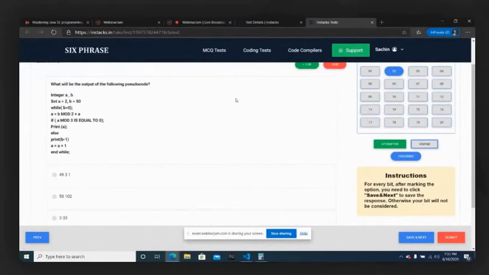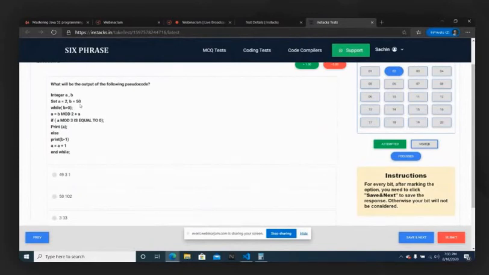Don't consider C programming here. If a snippet is given in C programming, whatever C programming syntax is there, you can use. This is a simple pseudocode which is not at all linked with any programming language. So you cannot expect that when a semicolon is given, the properties of C come in. No, no. This is not C language. This is a general pseudocode. So don't look for any semicolon. Here semicolon is not at all given. Will you say that it is a syntax error program? No. This is completely a pseudocode alone. Okay, only a pseudocode is given. Okay, fine.